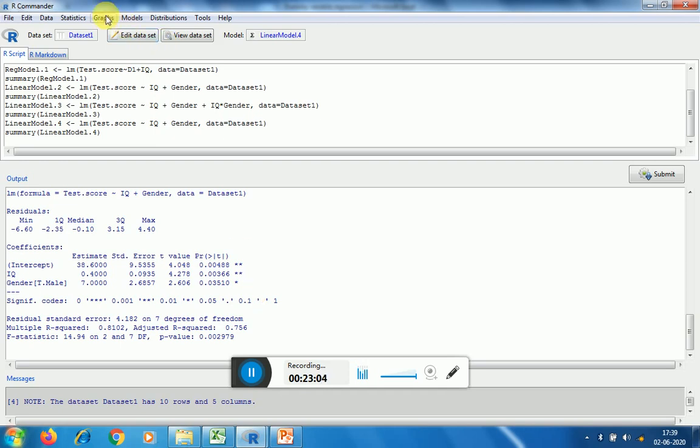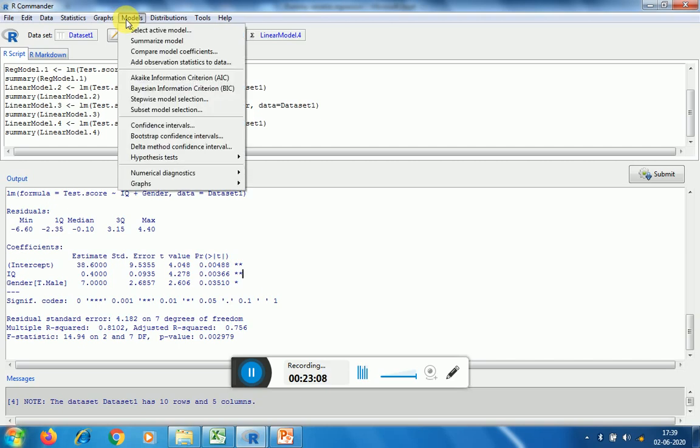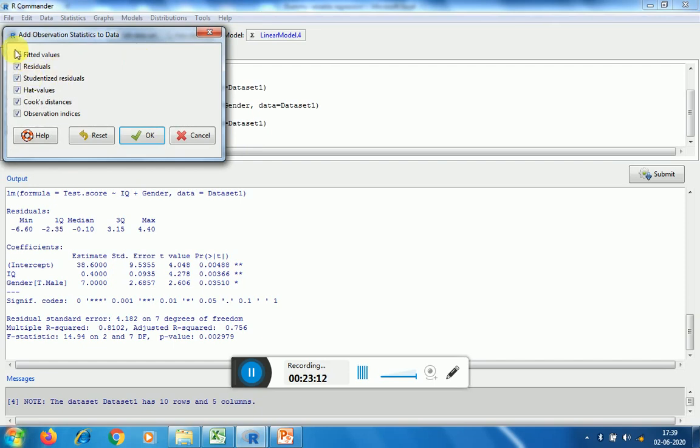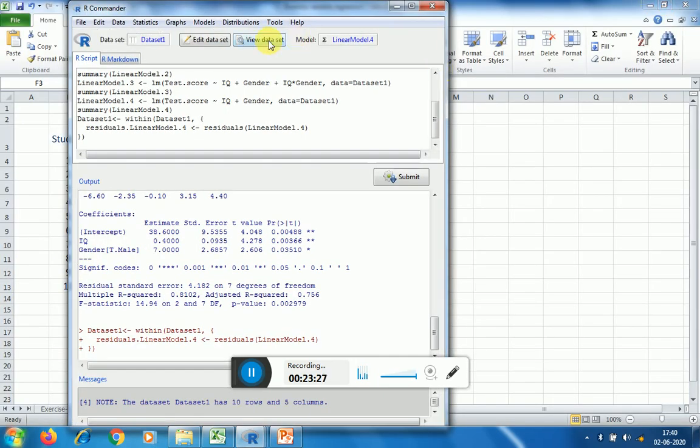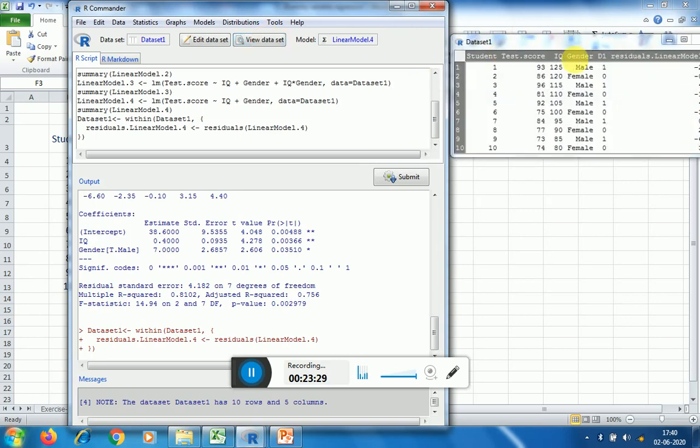You can perform even other diagnostic tests as well. For example, you can check for residuals. As such it is not required, but if you wish you can test it. So residual is added here for this model.